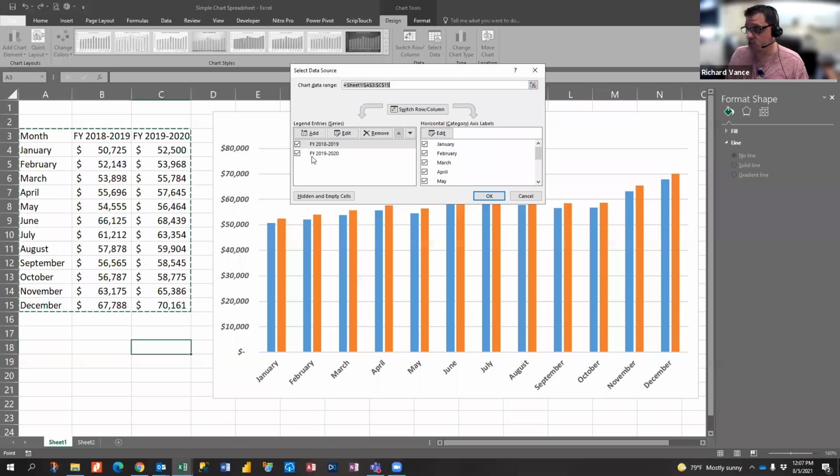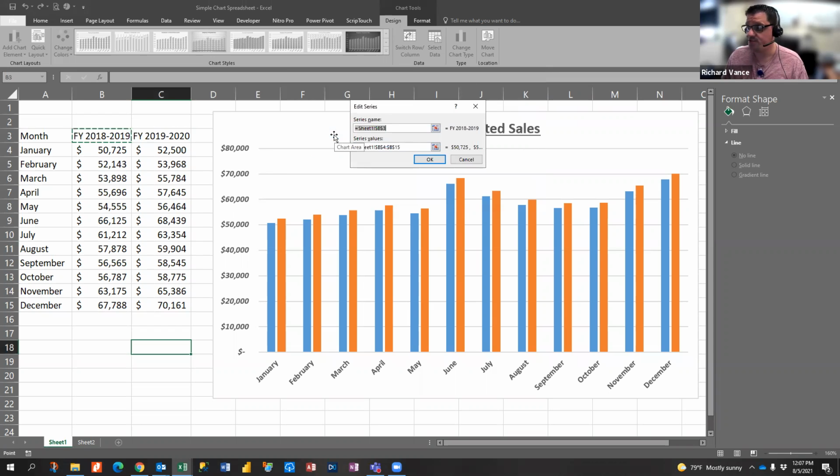So if I were building this chart from scratch, I would add a series and select this data as I build. If I click on it and hit edit, I'm able to see the building factors of my chart. So the series name is equal to Sheet1 B3. So that's here, and I put fiscal year 2018-19. A lot of people would stop and ask me, why did you just not type in fiscal year 2018-19 instead of tagging it to a cell? The reason why is the majority of the time, if you are able to do so, you always want to